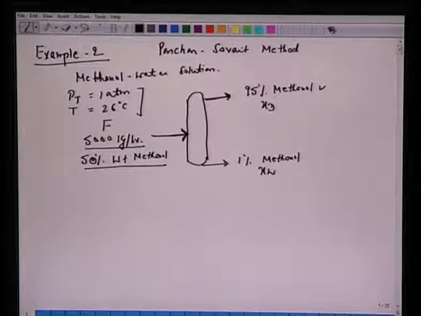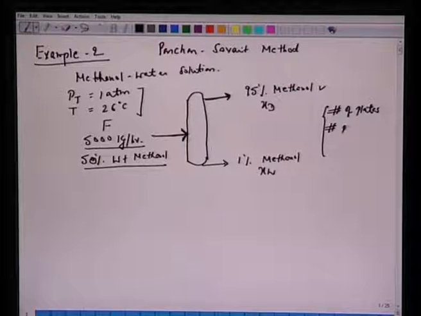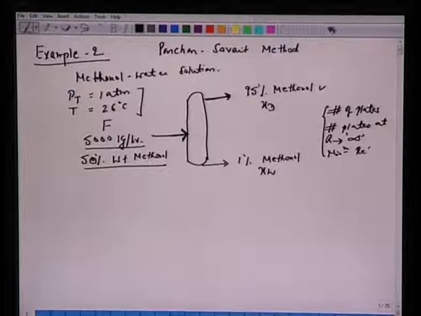All right. So at the end of this lecture, we should be able to answer how many plates we need, how we calculate the number of plates, and how many plates we have at infinite reflux ratio. All right. What is the minimum reflux ratio, and what would be the condenser load and reboiler load. All right. So before we go through the problem here, let's see what we can calculate based on whatever information is given to us.